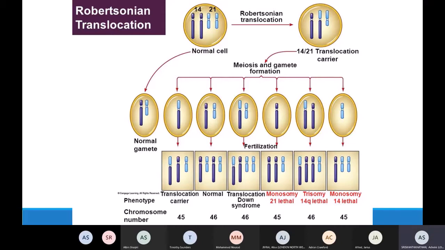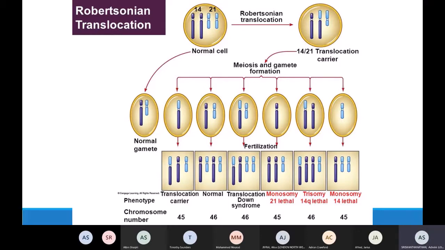This one here there's a chance of forming a normal gamete as well. So again, you get 46 at the end. Here you've got your translocated chromosome, so your Robertsonian translocated chromosome, plus your normal chromosome 14. So you've got 2 copies of your chromosome 14 in there, combined with your normal gamete. You got 3 copies of chromosome 14, and then just 2 copies of your